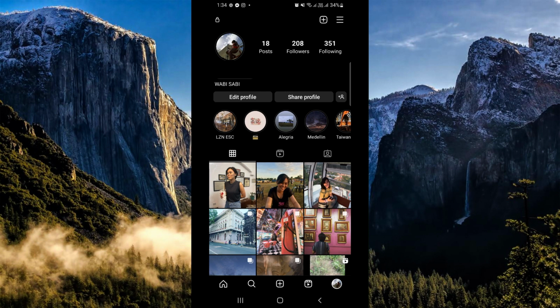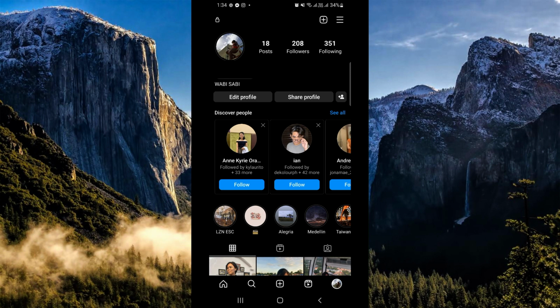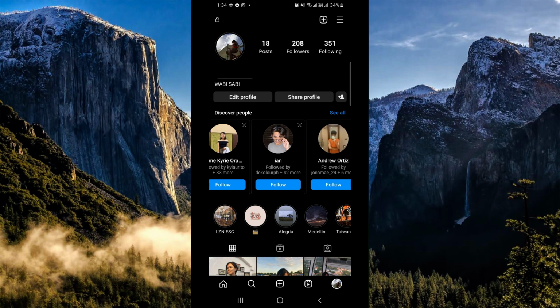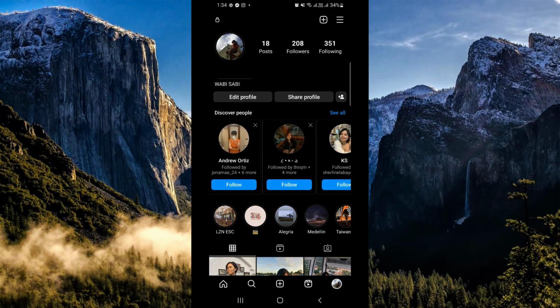You can see three buttons right there below your bio. So that's the edit profile, share profile, and there's another small button. So click on that small button beside share profile. So once you've clicked on that button, it will show you this page, which is discover people, and there